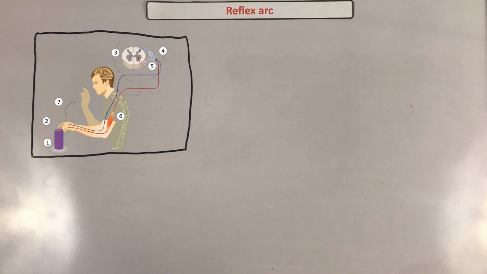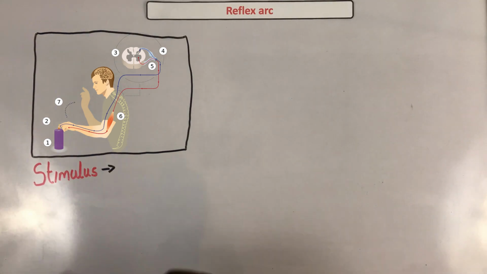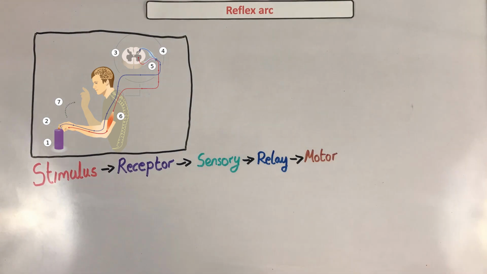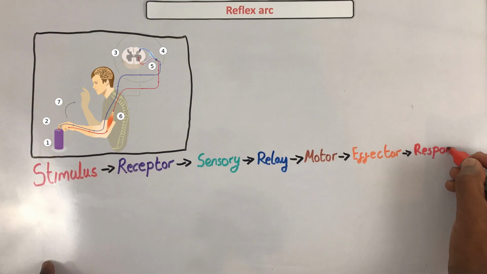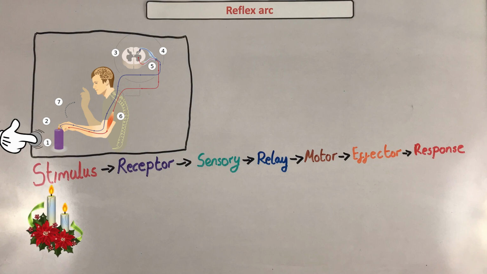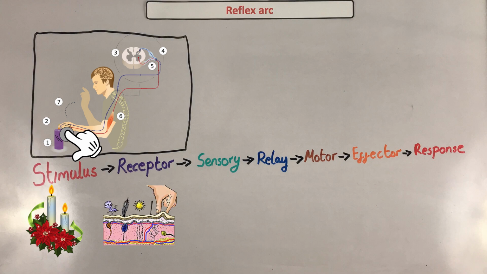This flow chart shows you the passage of information in a reflex arc. Stimuli, receptor, sensory neuron, relay neuron, motor neuron, effector, and then your response. First you have your stimulus. This is the fire in this example. Then your receptor in this example is the heat and pain receptors in your skin, which send electrical impulses down your sensory neuron. The sensory neuron extends into your spinal cord. Do not call it your spine, that is the bone, okay? Then over here,